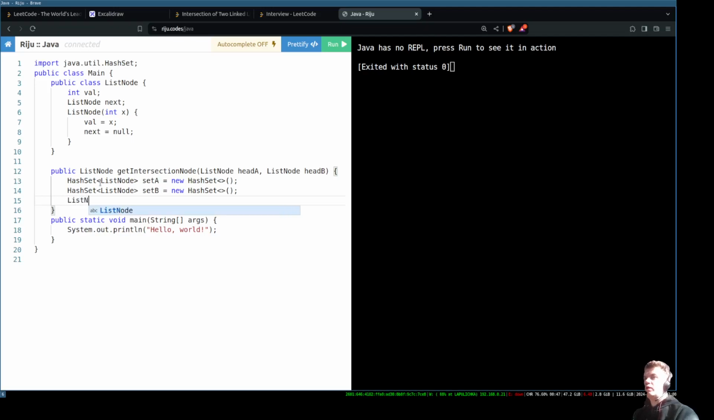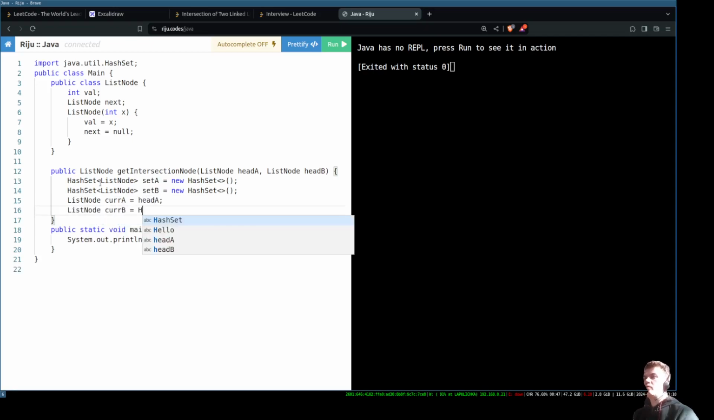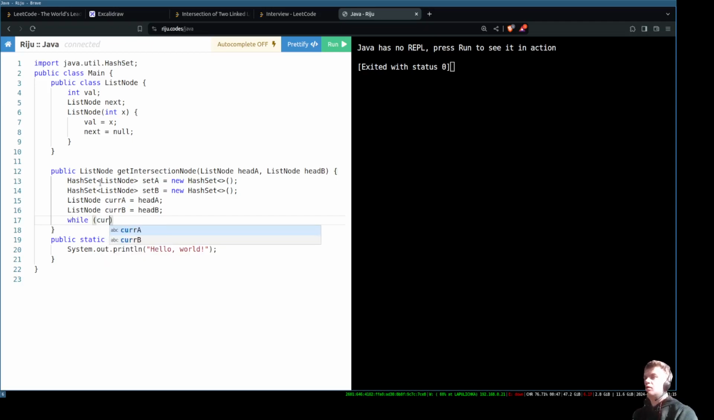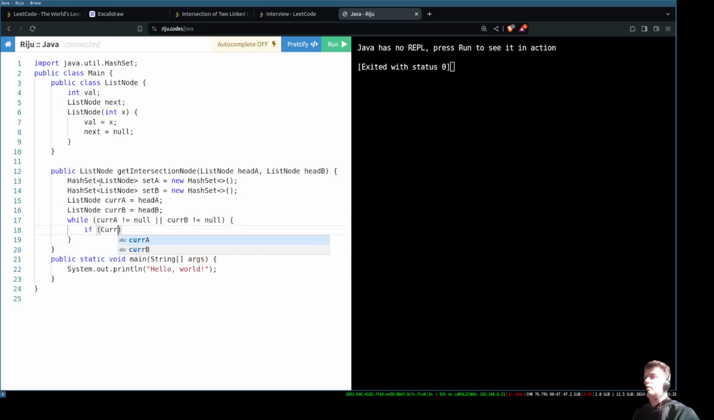Let's say we have ListNode carA equals headA, and then ListNode carB equals headB, and then while carA is not equal to null or carB is not equal to null, I want to do the following. If carA is not equal to null,